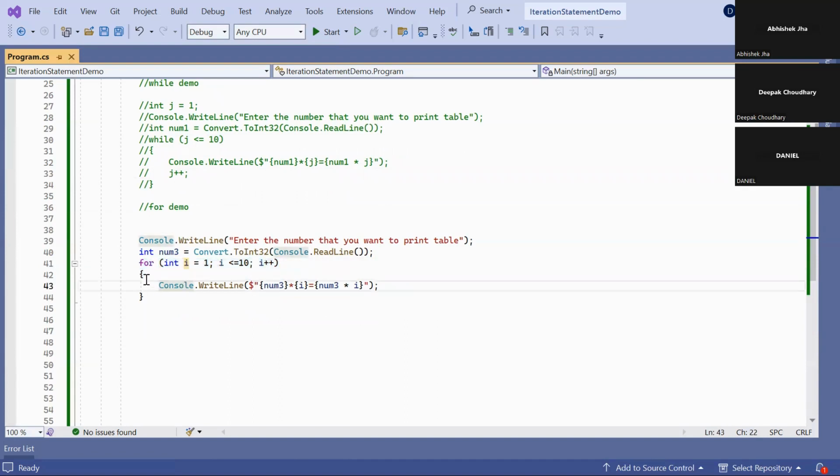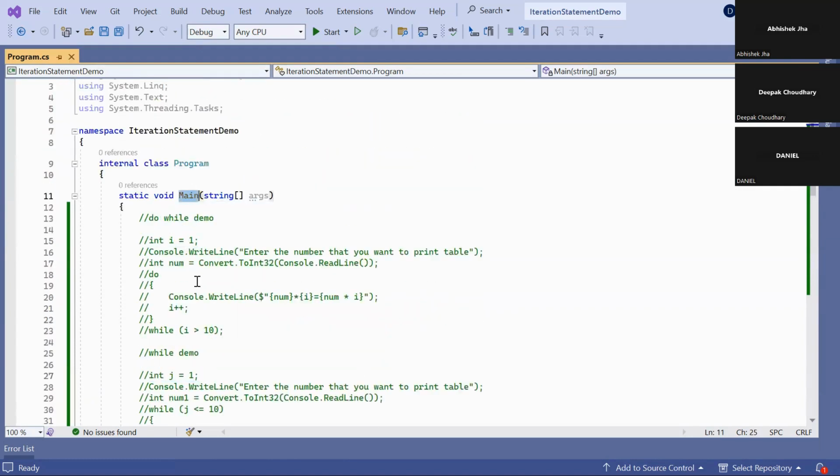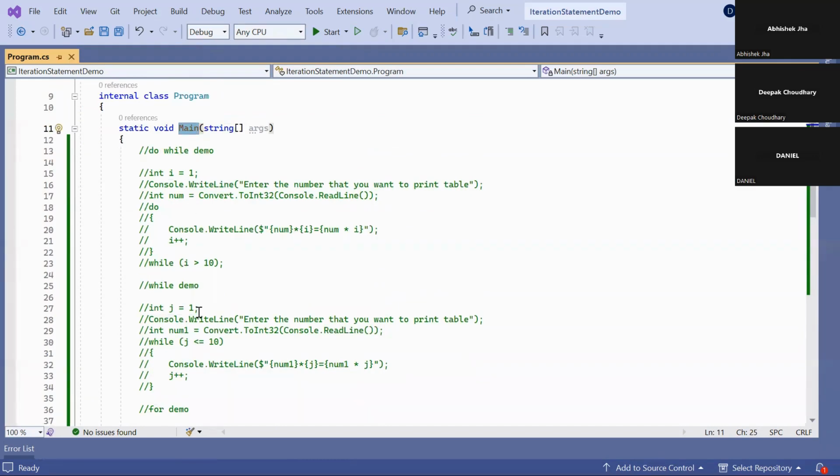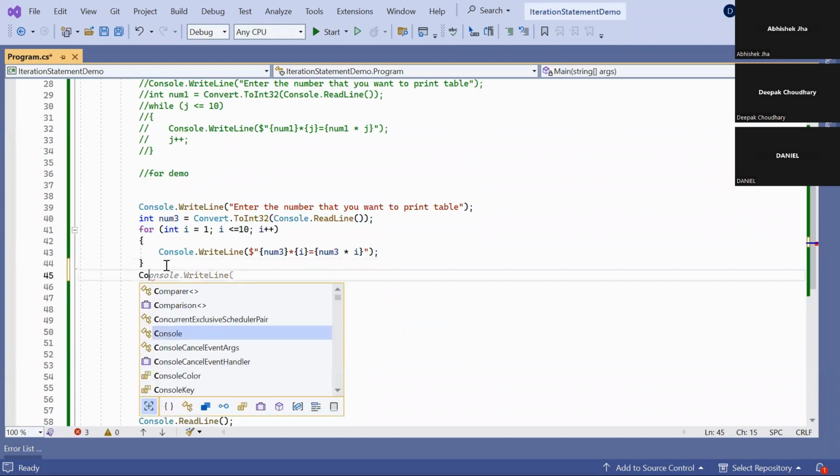In a single line, and all the members are scoped to that particular for loop only, because this variable has the scope of this main method. Inside the main method, that i we can use anywhere, but this i is only scoped to the for loop. Outside the for, that i we can't access.